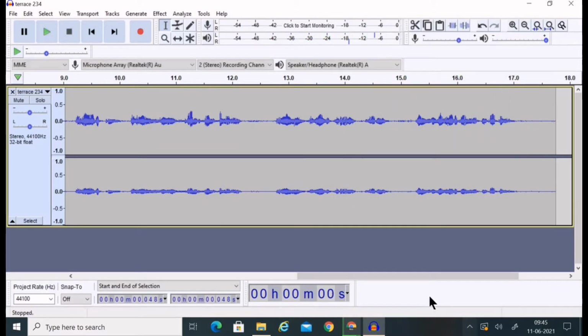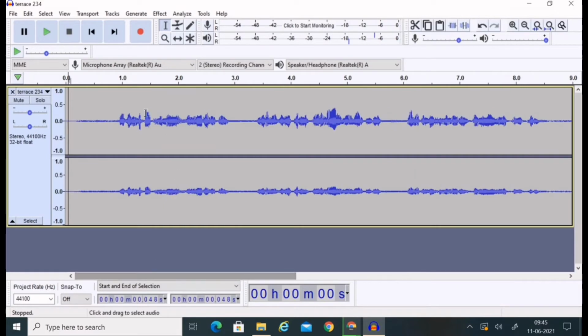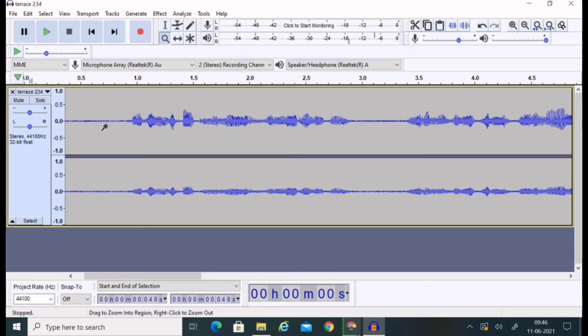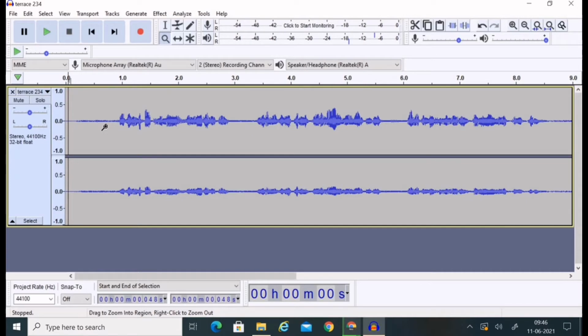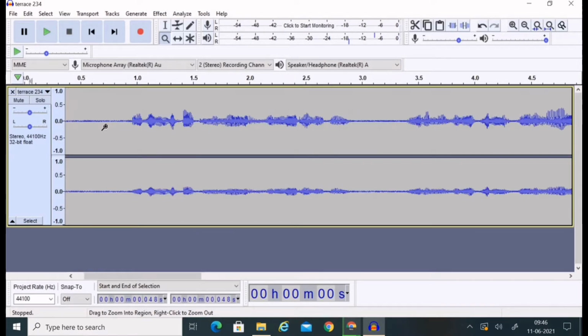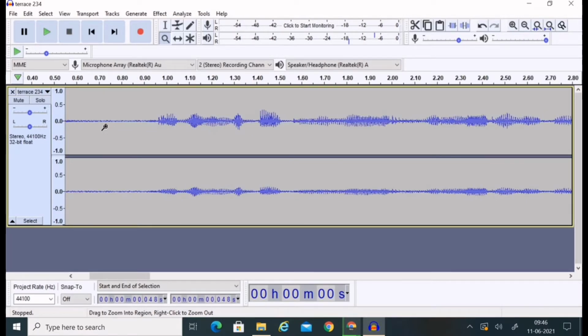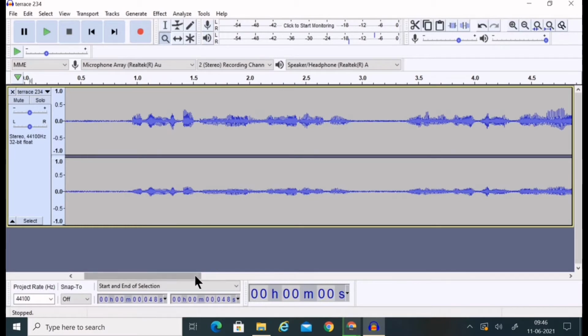What we have to do is, see here there is a button. This is selection tool, or else you can press F1, but I will recommend to go with these tools directly rather than keyboard shortcuts. So there is a zoom tool. First you have to click on that zoom tool. So click on this audio file. Just normal click. If you right click, then it will zoom out. If you left click or normal click, it will zoom in. So according to your audio, you have to zoom in or zoom out.